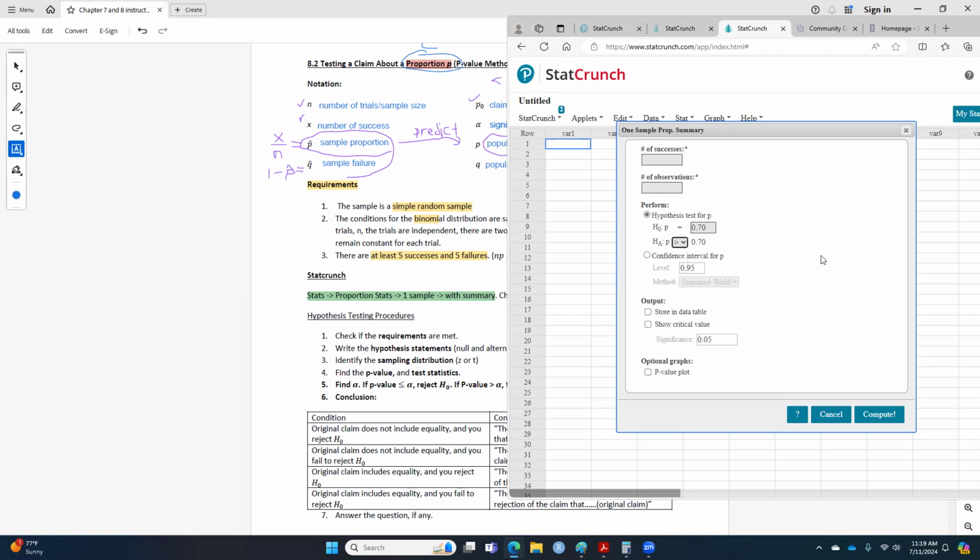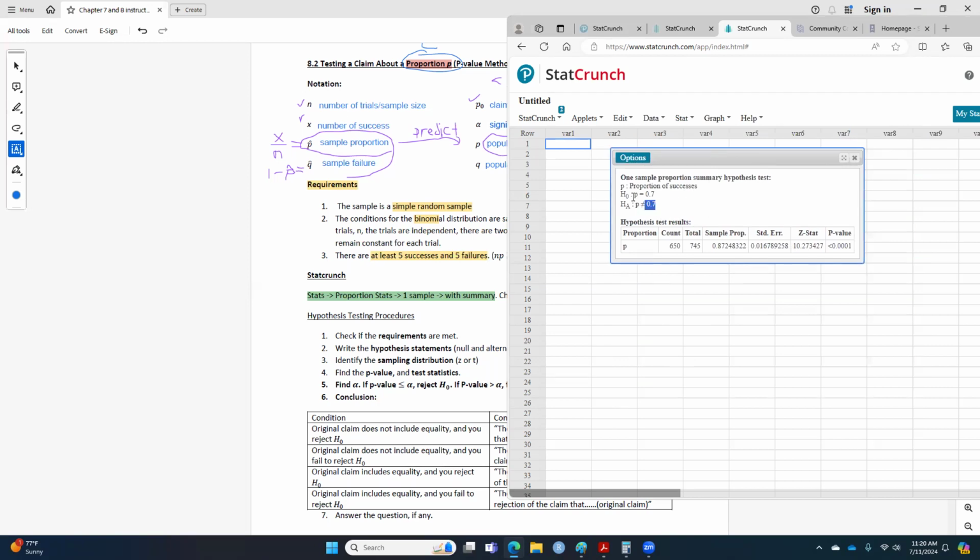Since the claim statement asks us to test greater than 70%, then we will use greater than. If a claim statement tests for less than 70, you will use less than. If a claim statement says it is equal to 70%, then you will use this. And then you hit compute. And I'll just give you an example so you guys can see it. I just simply type some numbers down here. And when you hit compute,